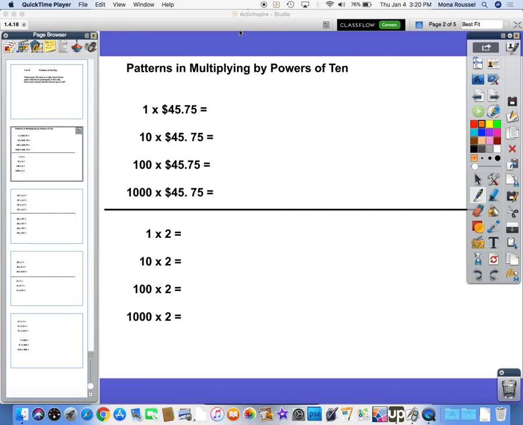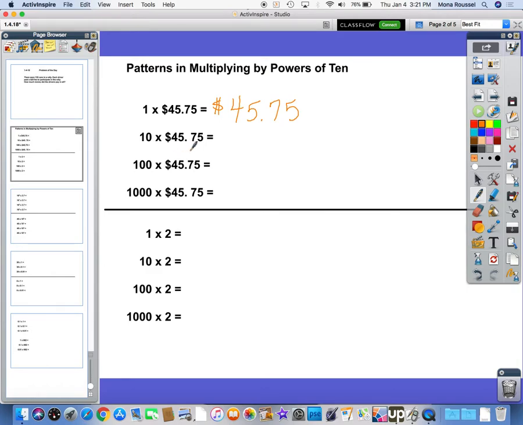In this lesson, we'll multiply by powers of 10. Well, to start off, when we're multiplying times 1, remember that any number times 1 is that number itself. So 1 times $45.75 will be $45.75. But when we multiply $45.75 times 10, we have to remember that when we multiply a number times 10,